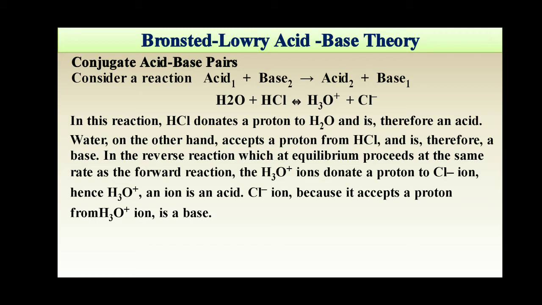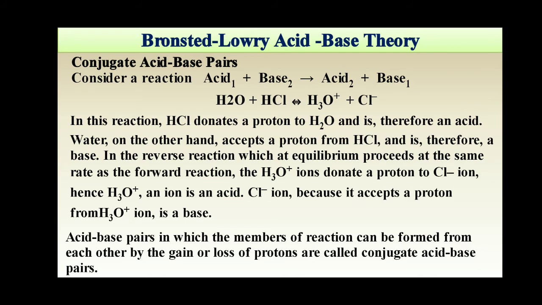Hence the H3O plus ion is an acid, and the Cl minus ion, because it accepts a proton, is therefore a base. That means acid-base pairs in which the members of the reaction can be formed from each other by a gain or loss of a proton are called conjugate acid-base pairs. That means the same thing sometimes behaves like an acid and sometimes behaves like a base. Okay, now